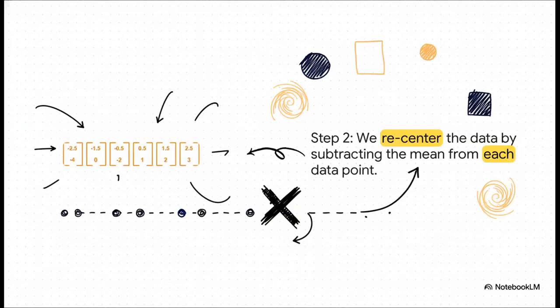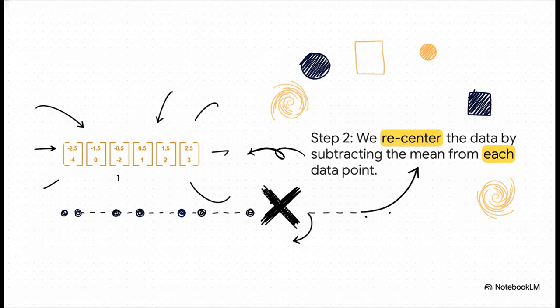Okay, the next step is to completely shift our perspective. By subtracting that mean from every single data point, we recenter the entire cloud of clues around the origin point, 0. This kind of standardization makes it so much easier to analyze their true relationships without being biased by wherever